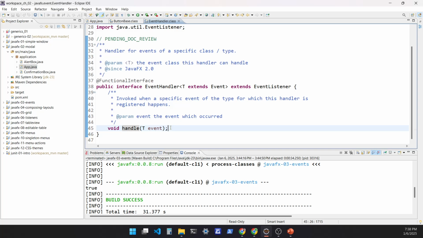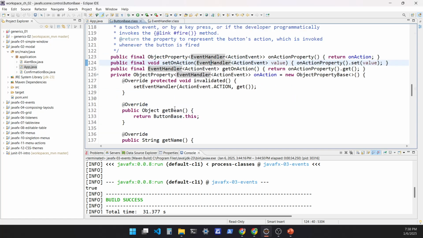So why does it have to be only one? It has to be only one because that's the only way Java will be able to know that the implementation that you are passing is the implementation of this function. So this code here